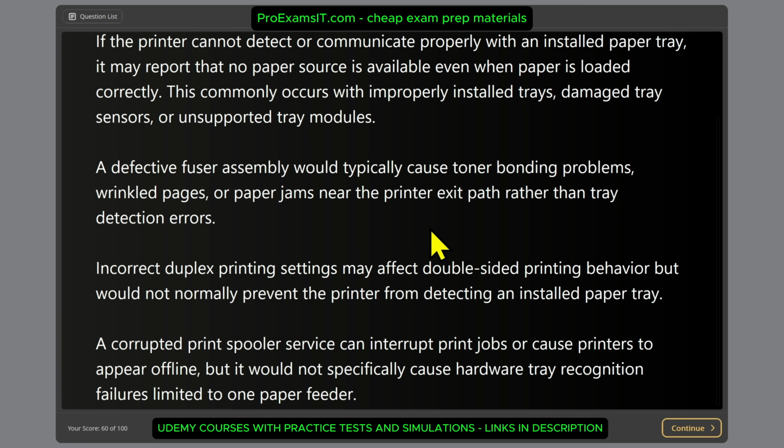This typically causes troubles with toner bonding, wrinkled pages, and paper jams. Incorrect duplex printing settings may affect double-sided printing. You might have some questions about duplex printing in the exam, but it's easy. A corrupted print spooler service can interrupt print jobs or cause printers to appear offline. Again, print spooler, make sure you know it, because